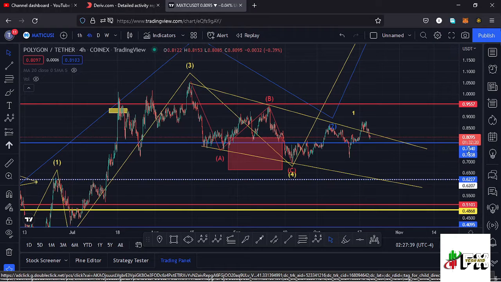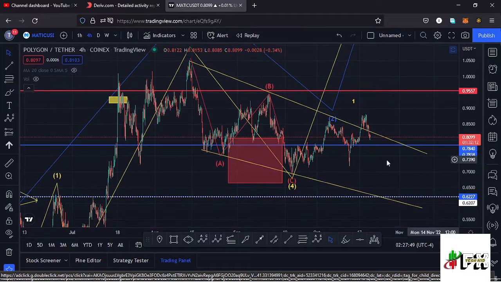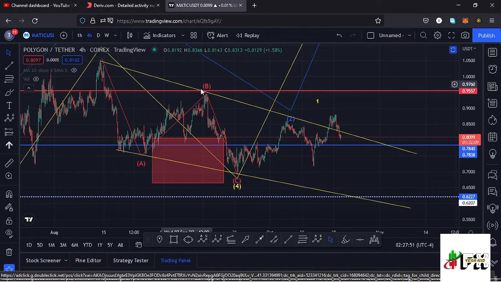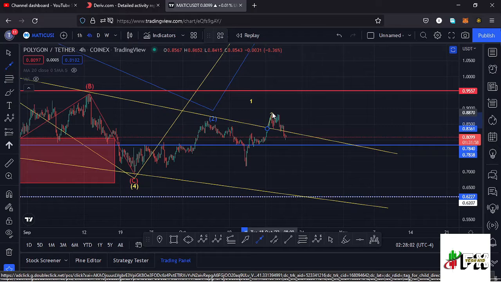And before I get to the key scenarios that I expect to play out using the Elliott waves, it's good that I start with the key chart patterns that we have information on right here. And you can see within this movement right here, we had been trading within this channel. We managed to break out of the channel to the upper side in this movement right here, and as we are trying to have a retest, you can see we have managed to get back into the channel,